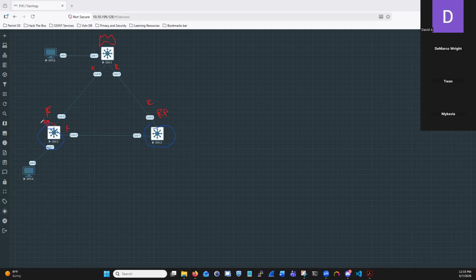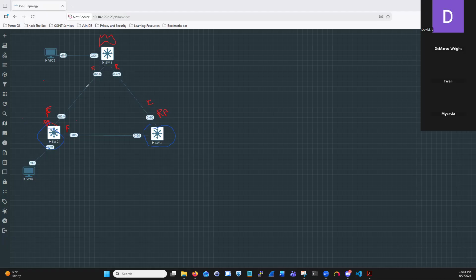Some of the reasons, and this is very important to understand for the exam. Let's talk about the reasons for forwarding or blocking, in regards to the characterization of a port. We already discussed all of the root switch's ports. They're going to be forwarding. The root switch is always the designated switch on all connected segments. So between switch 2 and switch 1, which is the root,